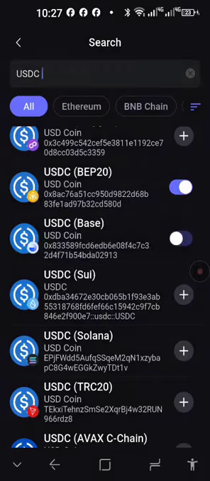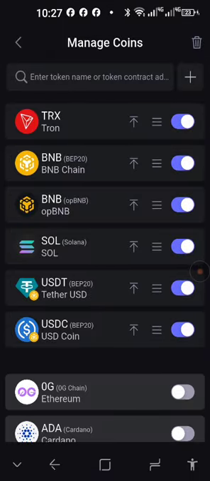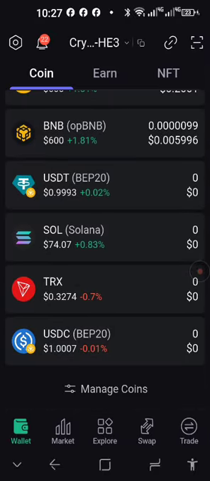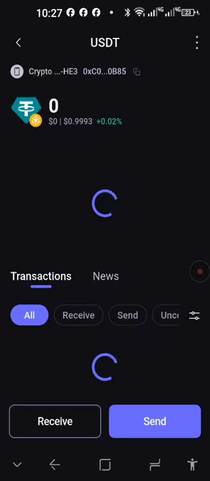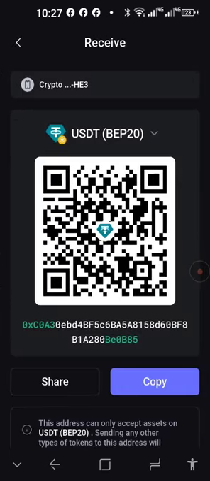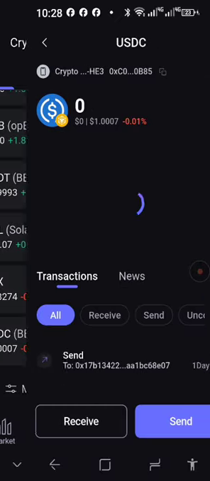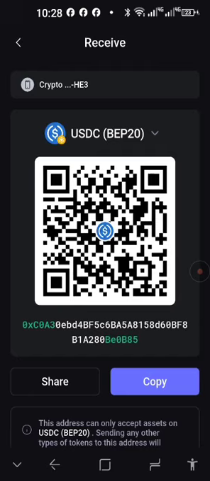Go back to the top left. Now you will see it's added there at the bottom. Go back one more and you will find them here. Let us just look at the USDC receiver. The USDT receiver address ends with E0B85, and the USDC is also exactly the same address, E0B85.